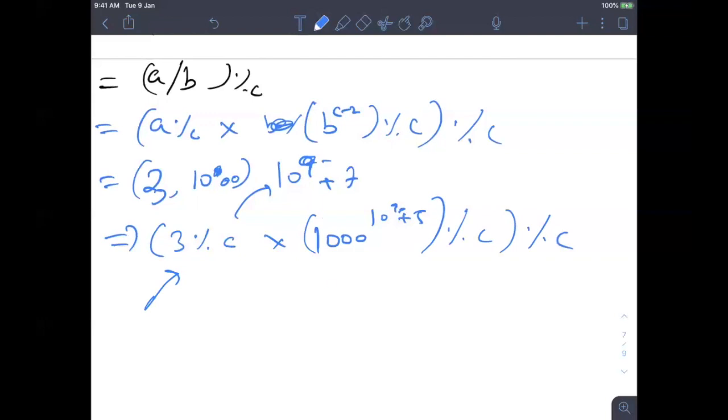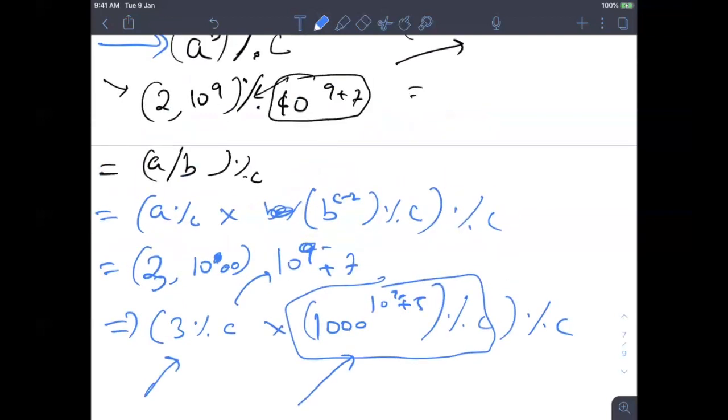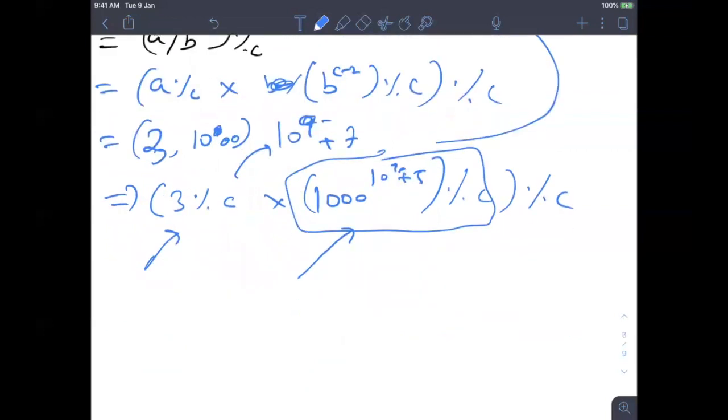Now look at this term, A to the power 10 to the power 9 plus 5 mod C, and this we just calculated right now. We wrote a function to calculate A to the power B mod C, right? So that's how you can simply calculate it. And as you know, the complexity will be log of B. Someone asked me in the session here whether the complexity will be constant. The complexity of taking mod is constant, but the overall complexity to find A to the power B mod C is log of B. So that's how you can calculate it.